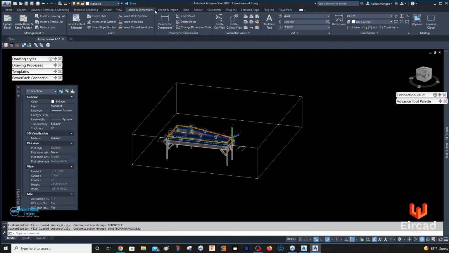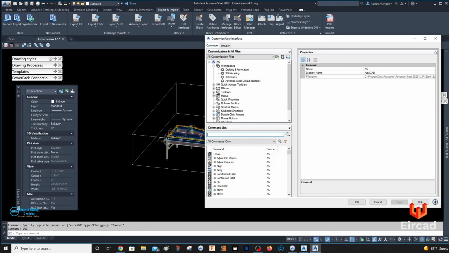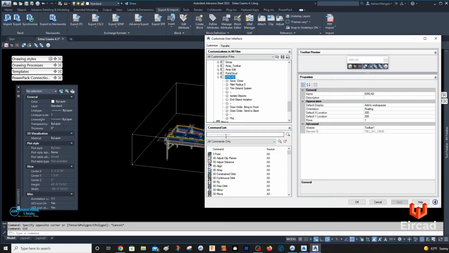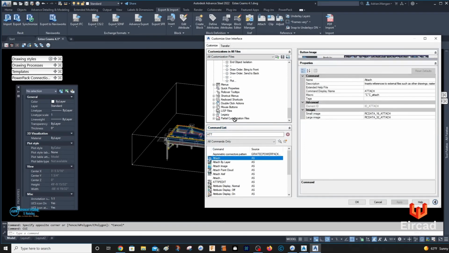I hope that helps. Actually, I'm going to do this one, attach. Let's see. CUI. So it's that easy. Just go back in, go back to your toolbars, go down to the one that you have named, and then I want to come in here, attach, and I'll put this down here with the plot.